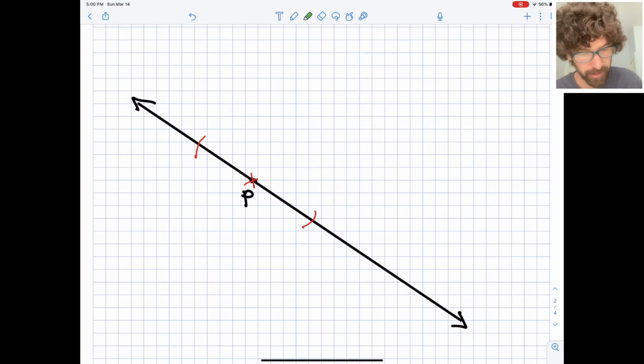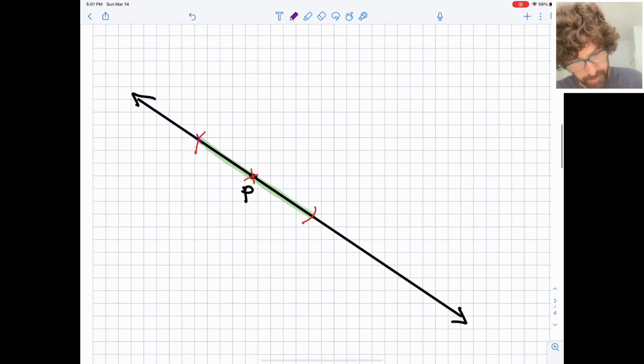Effectively now what I'm doing is I can think of this as a line segment, and I'm just constructing a perpendicular bisector. Okay, so I can really kind of ignore the rest of the line. That doesn't really matter anymore. Okay, I'm creating a perpendicular bisector. So recall when we do that, let me change colors. We need to set our compass to greater than the halfway distance or the halfway length of the line segment we're working with. So I'll set my compass right there and draw an arc